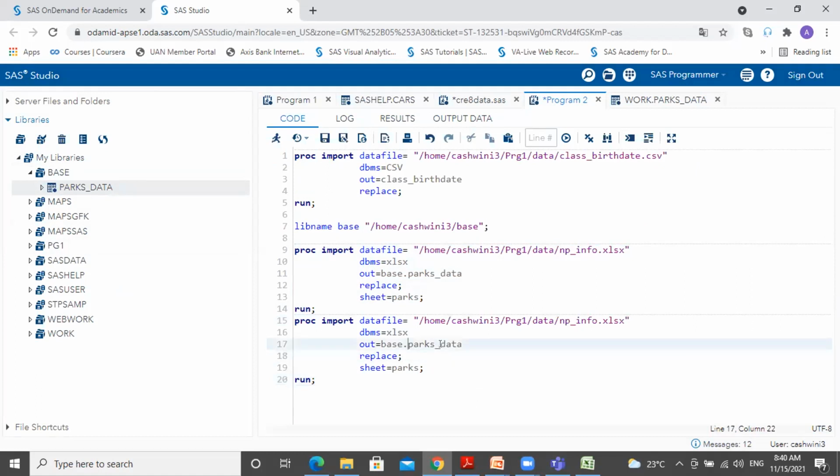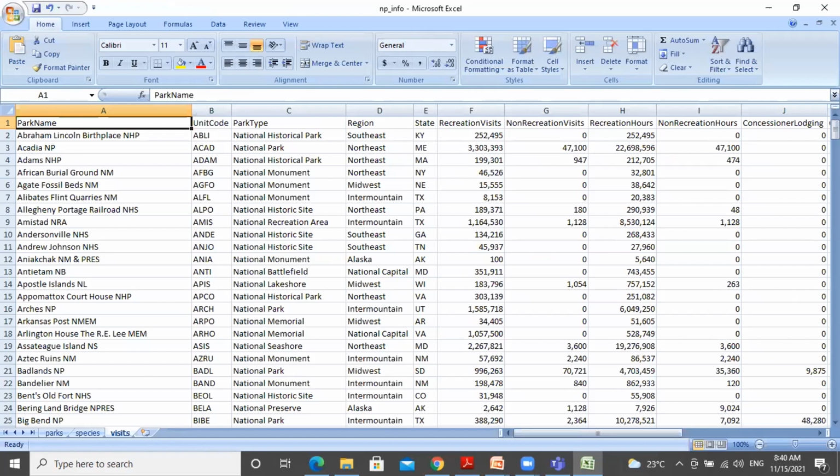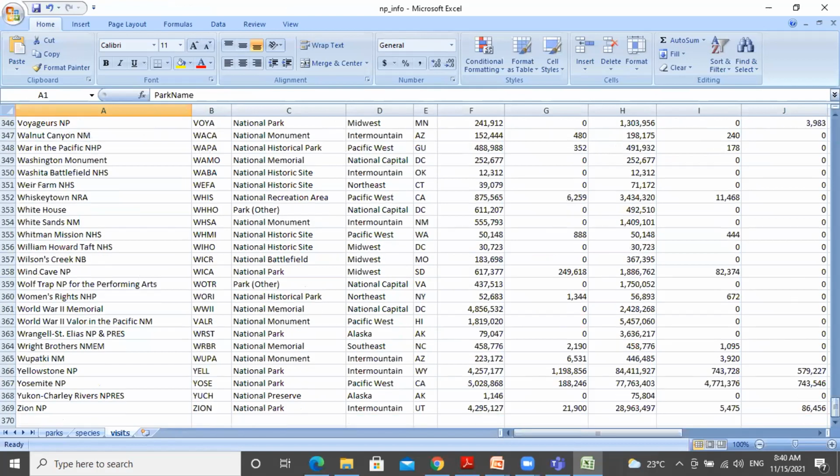In case I want to execute or read another file, these are the observations. How many rows do you have? You got all of them. So these are 369 rows, correct?